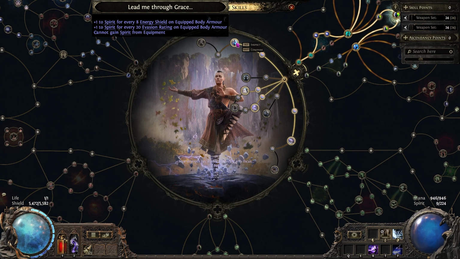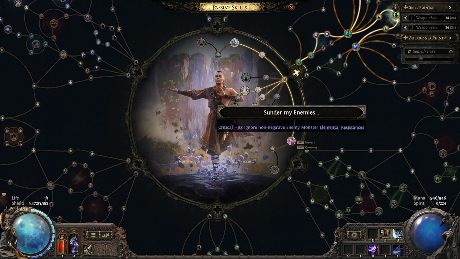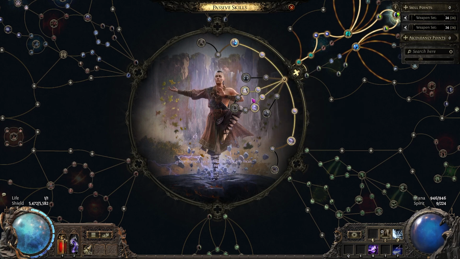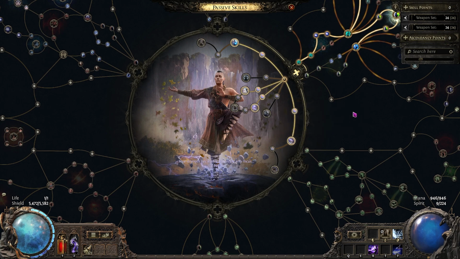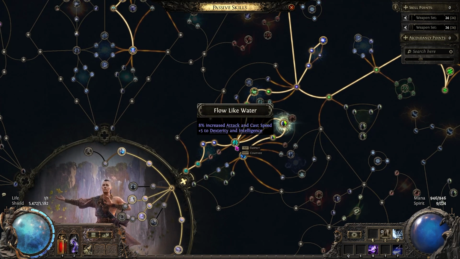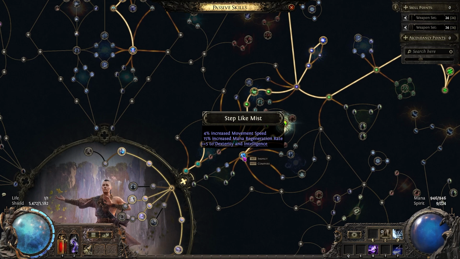We've taken Lead Me Through Grace, so this is the Spirit on the energy shield and evasion. I am the Blizzard, I am Thunder, and then Sunder my enemies. Again, these give you more crit chance, and then these give you critical hits against elemental resistances. Then we'll come up on the left hand side and we're going to take Flow Like Water for increased attack speed, Mindful Awareness for evasion and energy shield, and then back round for Step Like Mist for more movement speed